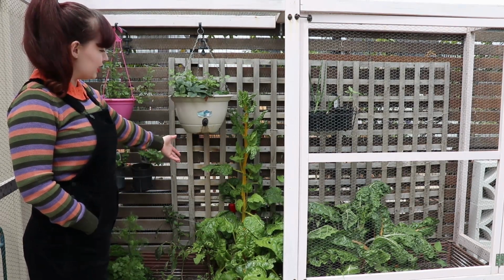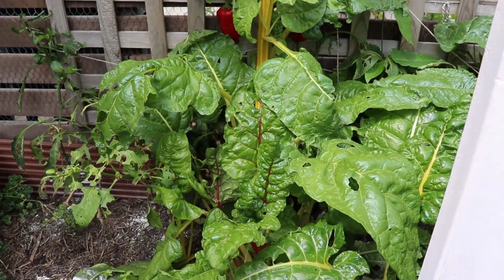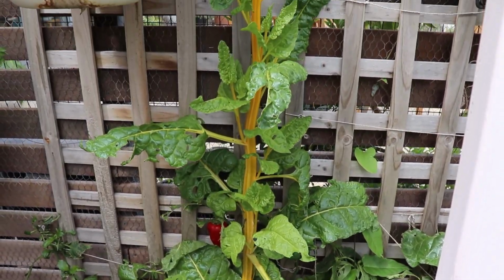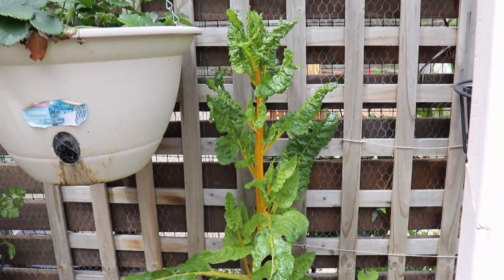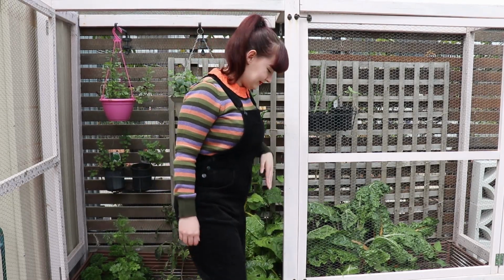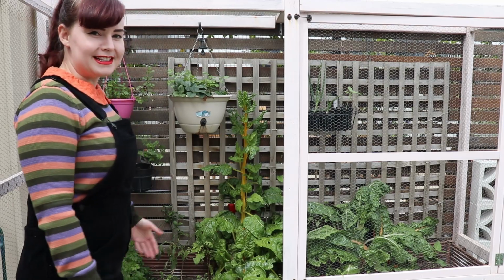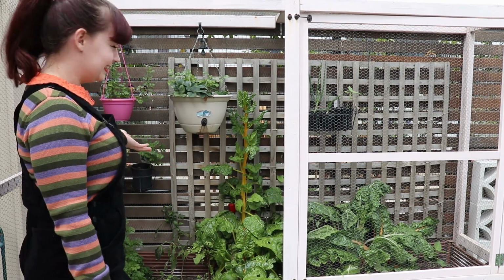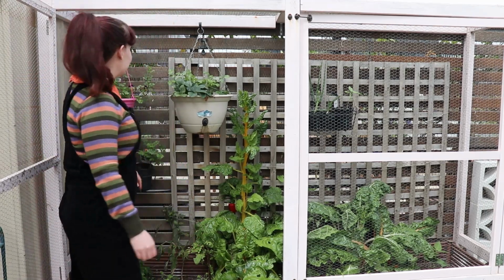So our rainbow chard's been pretty off tap lately. It's nearly as tall as I am. I'll put myself in for scale. It's up to my armpit. That's crazy. Zoom says I need to eat a lot more of that. There's only so much chard you can eat. We've also got our